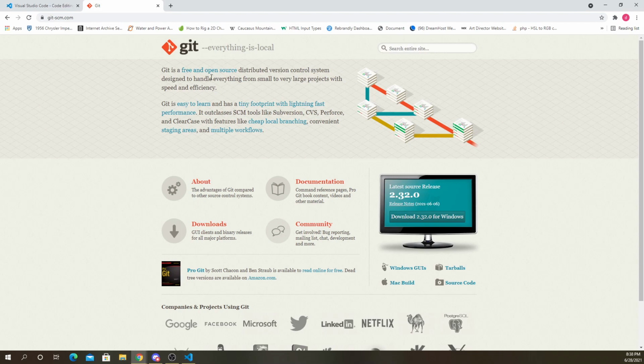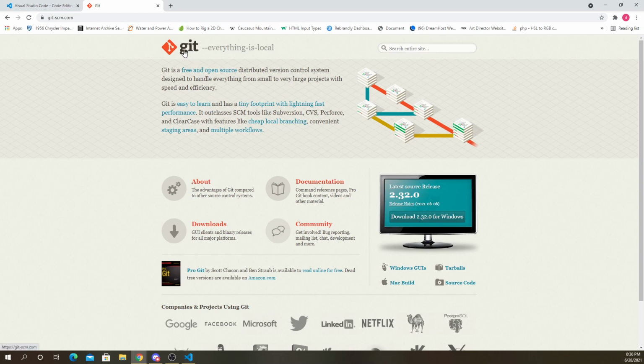So what Git is, is just a system for keeping track of files, usually used by web developers, programmers, but anyone can use it. It's like having, well, not Git itself, but GitHub is like having cloud storage for keeping track of files.